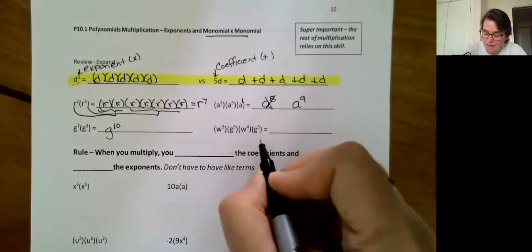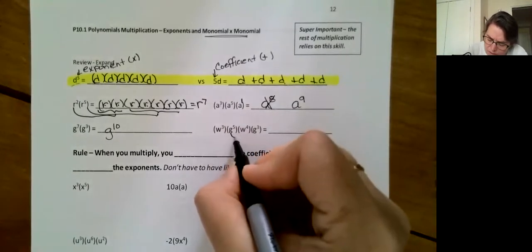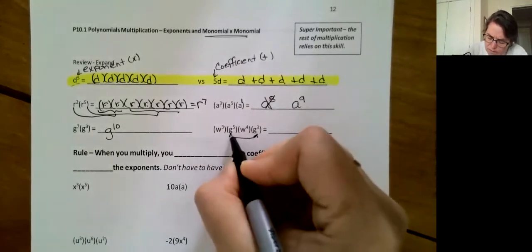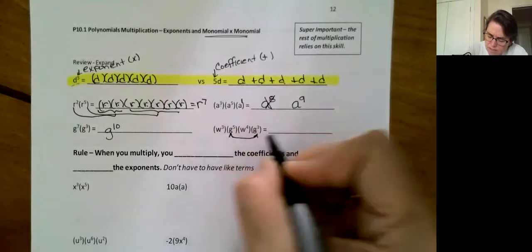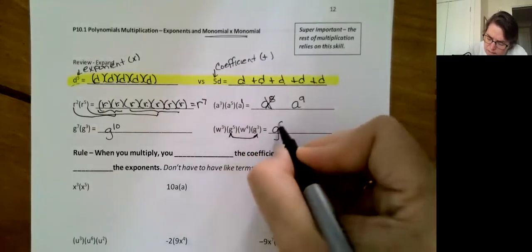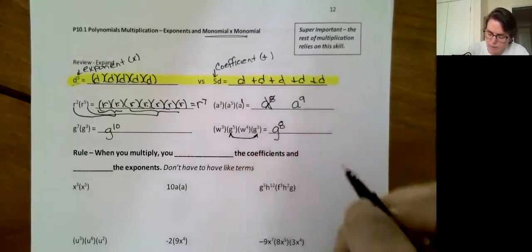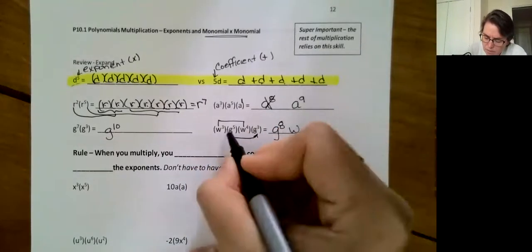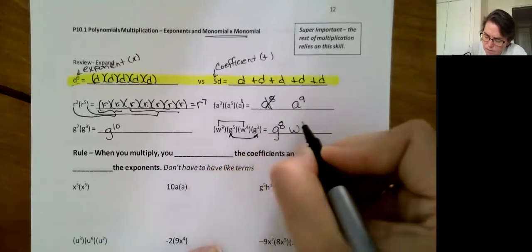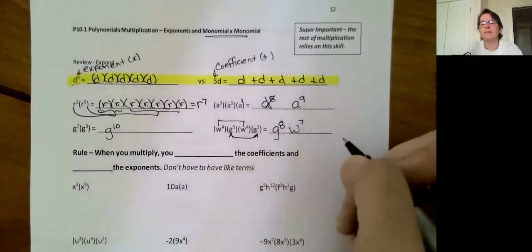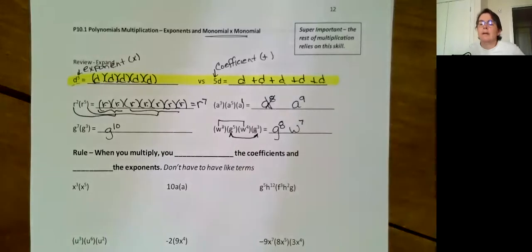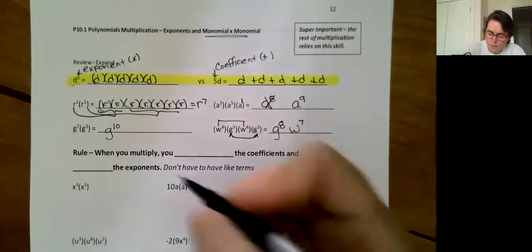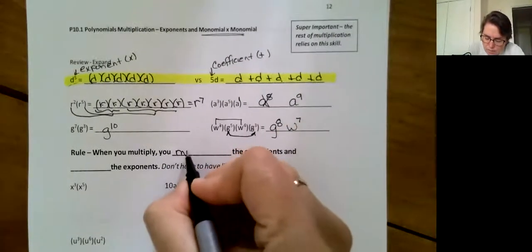Okay, now let's look at this one. Do we need to write it out? I don't think so. Let's take a look though. See, we got 2 different variables here. G5 times g to the third is going to give me g to the 8, adding my exponents, and the w's. W3 plus 4 is 7. I realize now I left a whole bunch of space there for you to write them out, but you already got the rule. All right, so the general rule, when you multiply the coefficients,